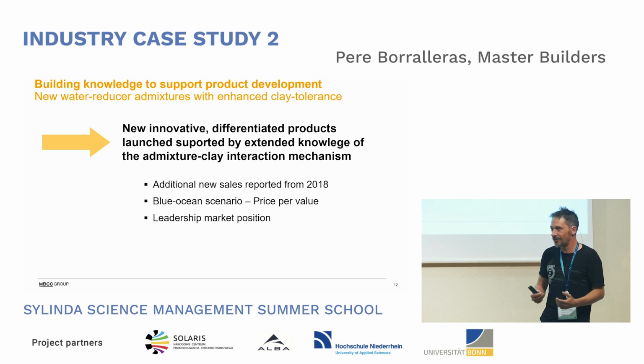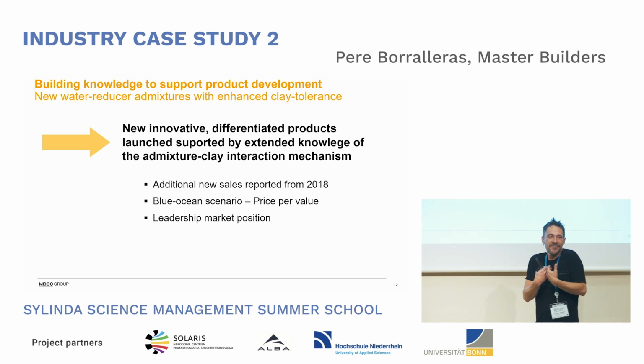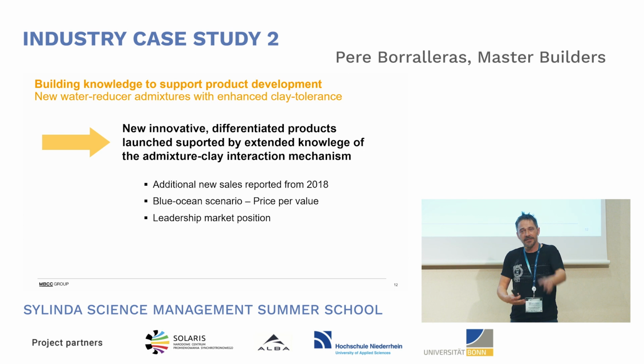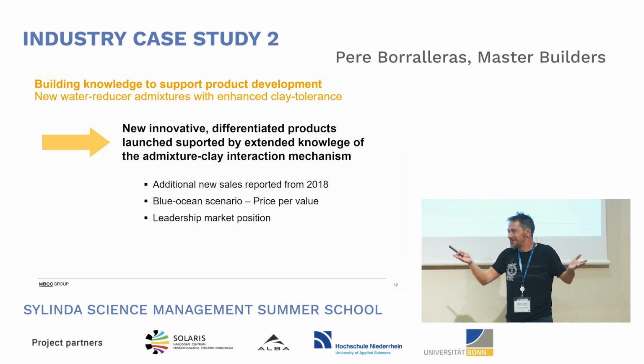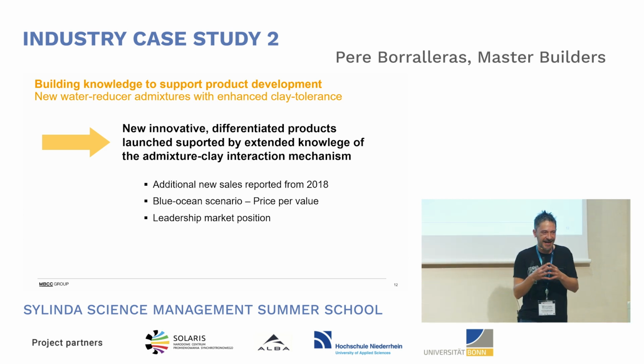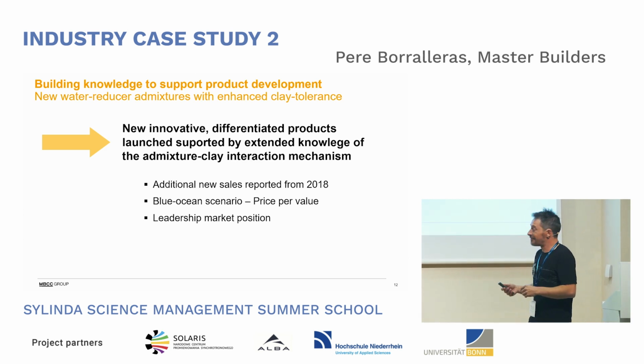Big opportunity for us. And not only this, in the end, it also gives you a leadership image to the market. I have been the first one able to solve the problem that nobody else is able to solve. For the guys in the industry, we know that it has maybe not a value that can be quantified, but definitely it gives you a reputation in the market that, of course, when you can do something that others cannot do, it's...